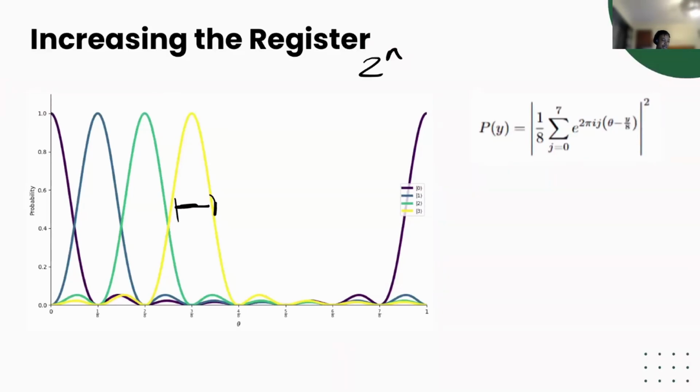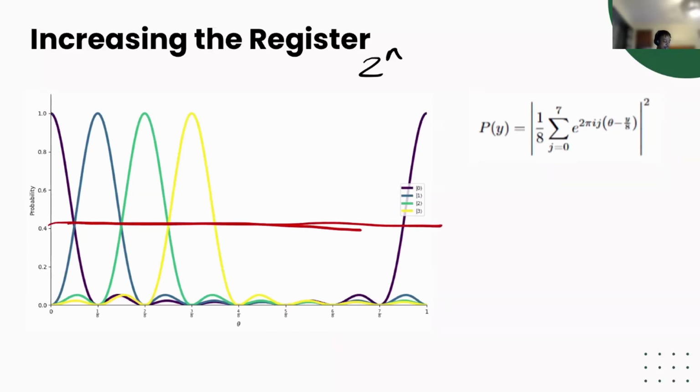And so you can see that here, it's the square root of 1/8 instead of the square root of 1/4. It's a factor of 1/8 instead of, it should be the square root. So what we've proven here is that increasing the number of registers increases the precision with which we can measure theta by a certain amount. But what you'll notice is that we have this overall limit. So we have this overall limit of how precise we can be.